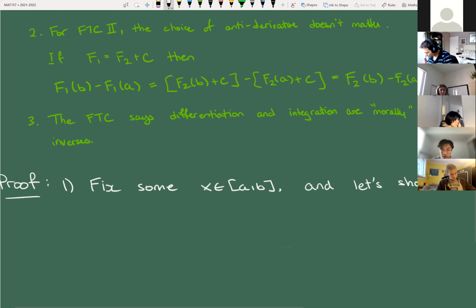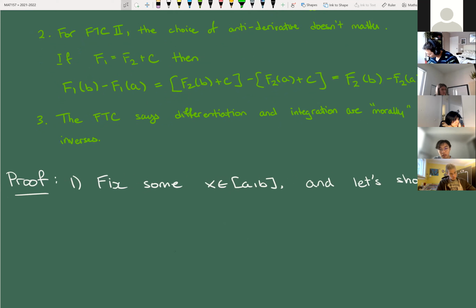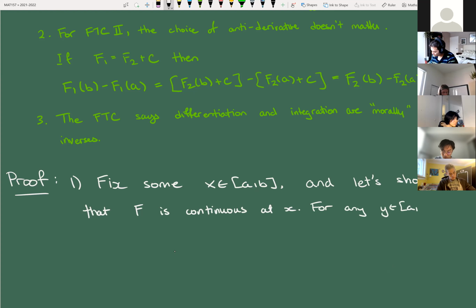Let's show that capital F is continuous at x, right? Because that was the first thing in FTC1. It says capital F is continuous at x, okay? So for any other y, for any y in (a, b), including x itself, we have